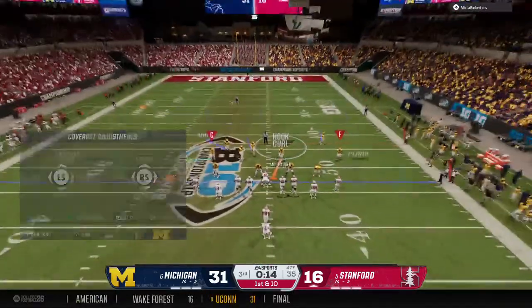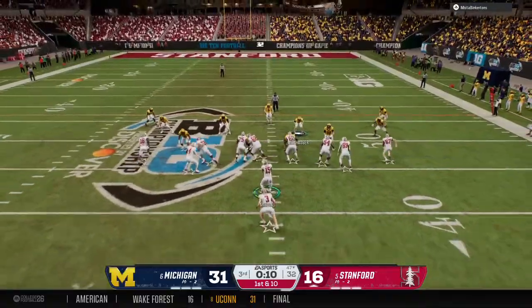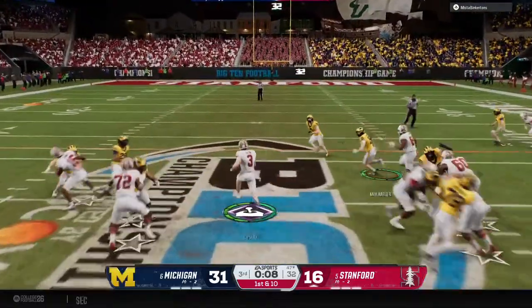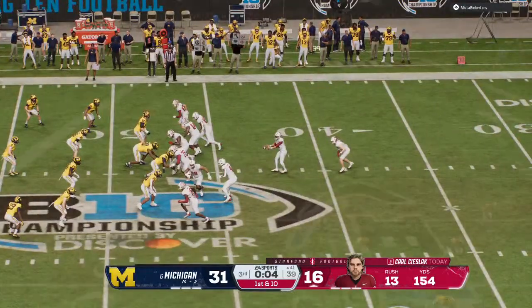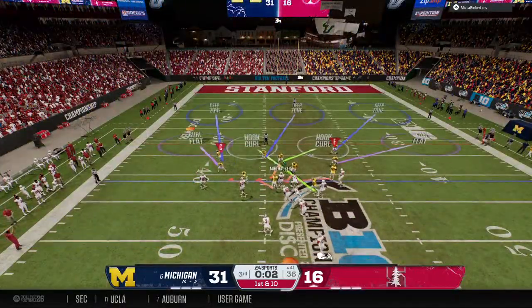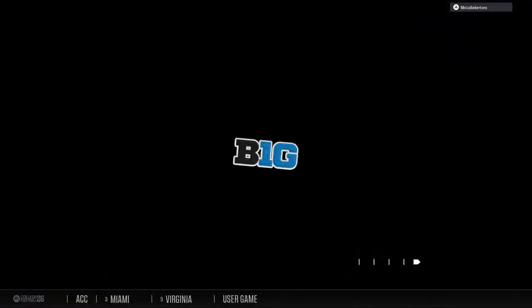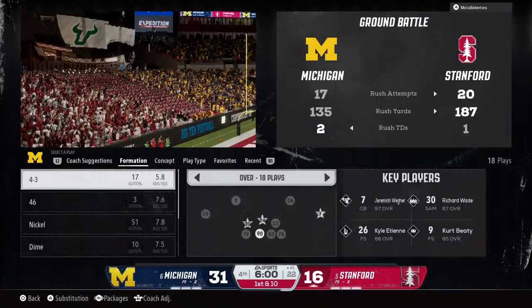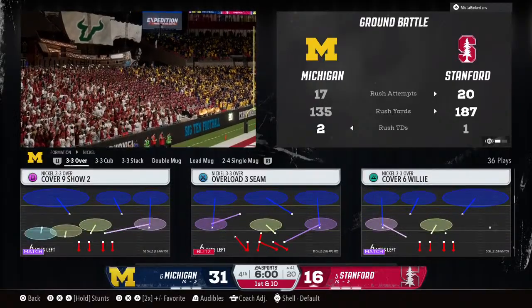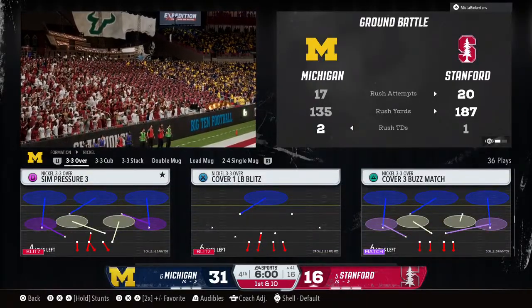Just a good job of spreading the wealth, making sure everybody's getting their touches. When you do that, the defense can't lock in on one guy or two guys. Make them have to be aware of everybody. It allows you to continue to spread the ball around and spread the field, making it tougher for this defense. So, Kirk, Michigan has the lead here at the end of the quarter. After 3 quarters of play, it's a pretty solid lead. Let's take a look at our game stats, how we got here.